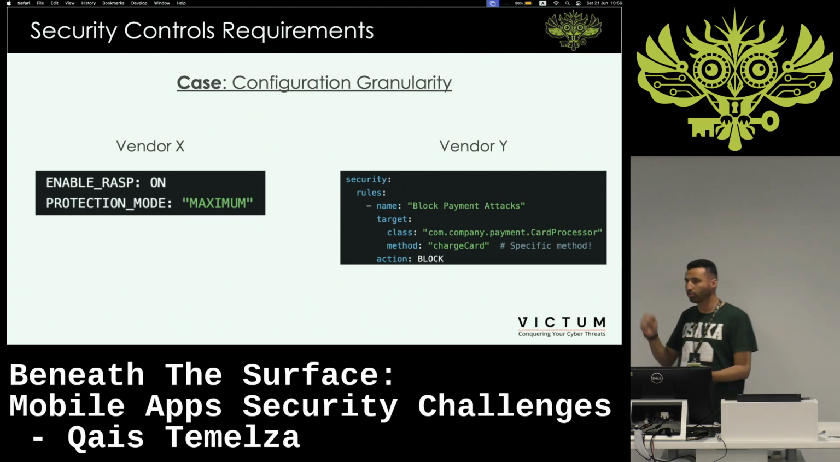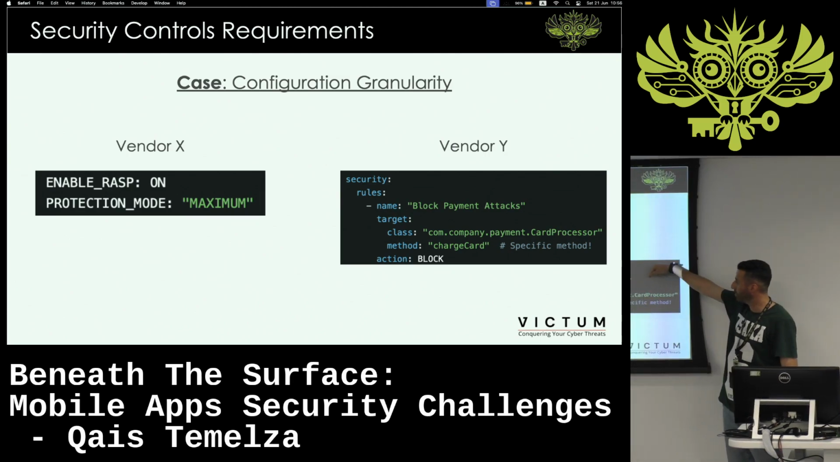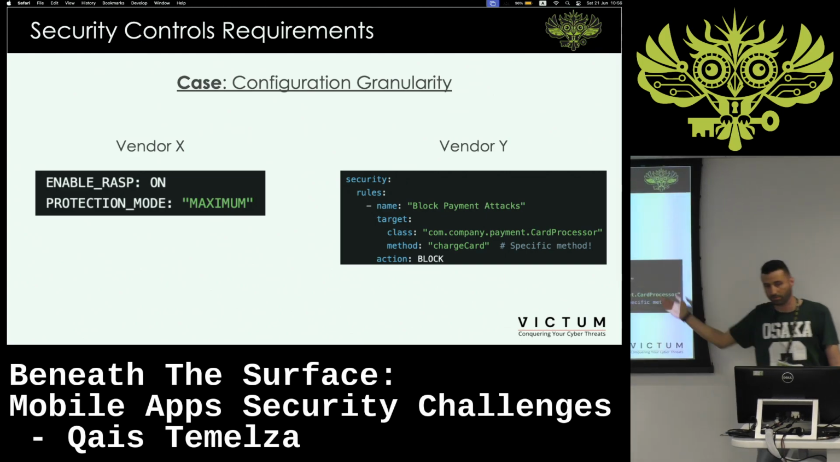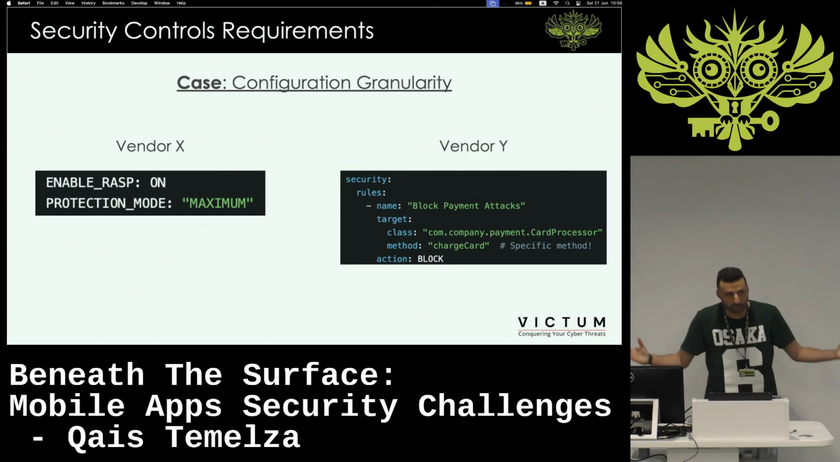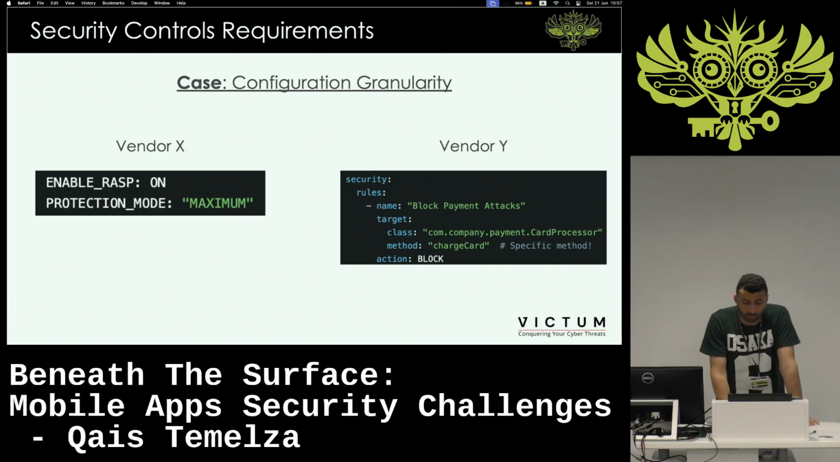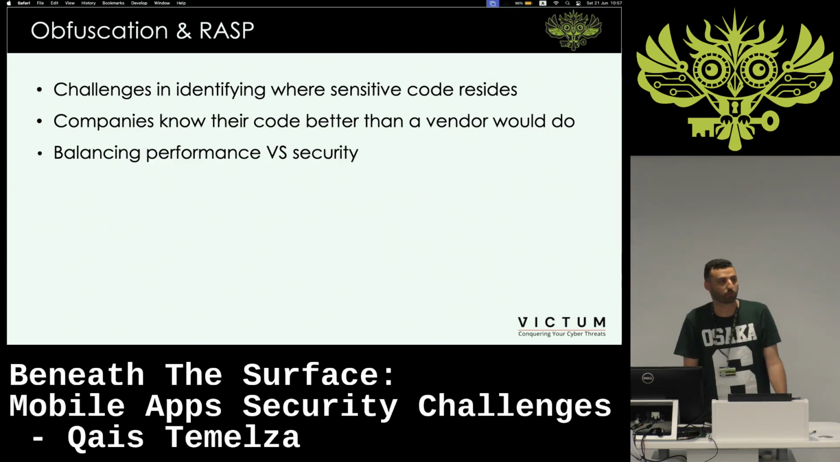You really want to target it specifically and say, give me extra protection for that specific function. For example, payment attack. This is just an example. So these are all sorts of things when we look at it and try to choose the right tool for your app. And I think one of the biggest challenges also is when it comes to